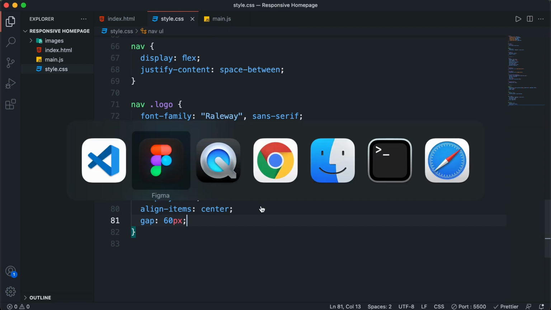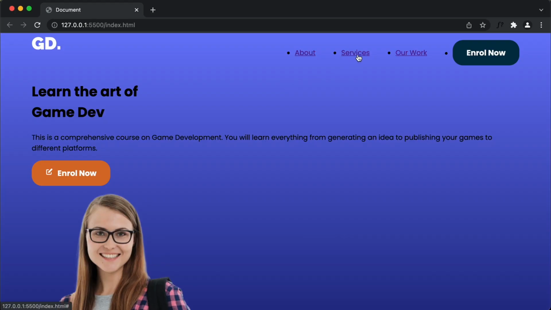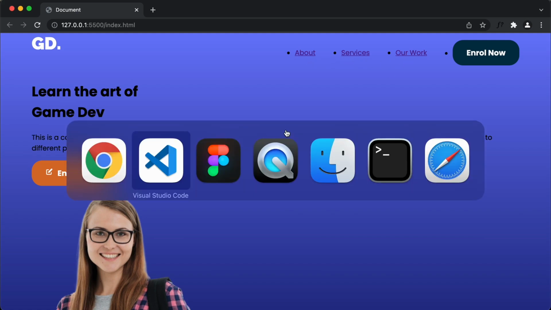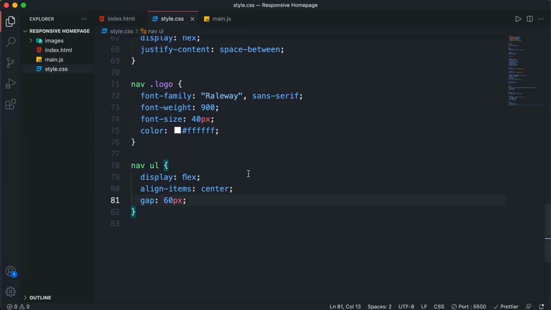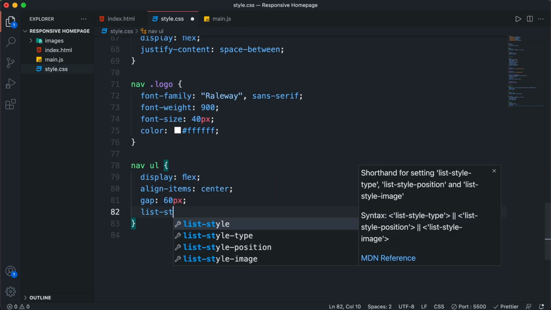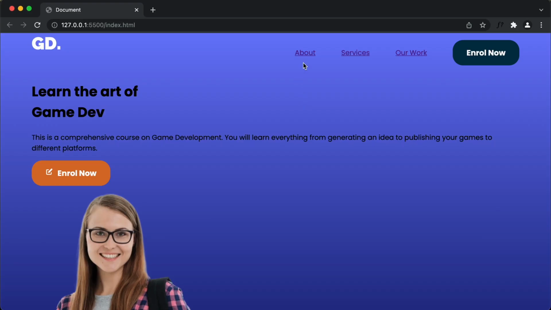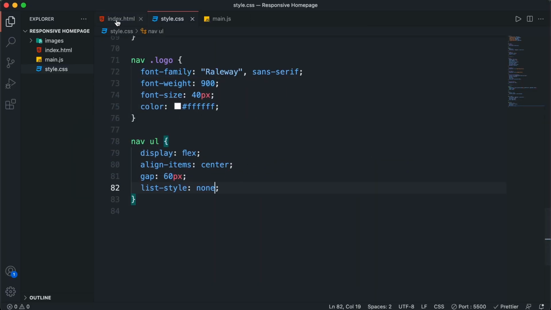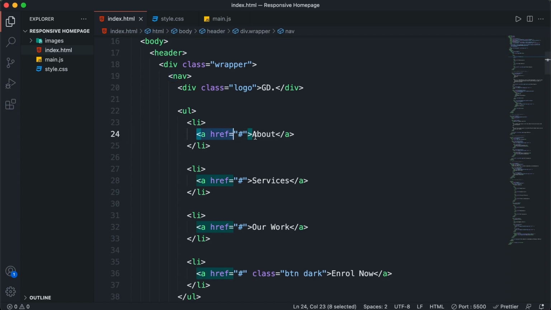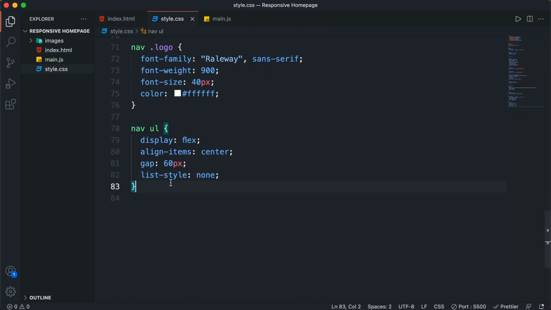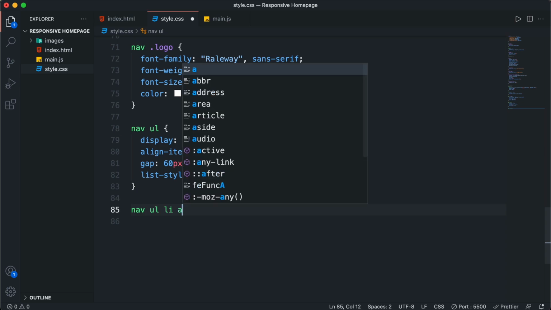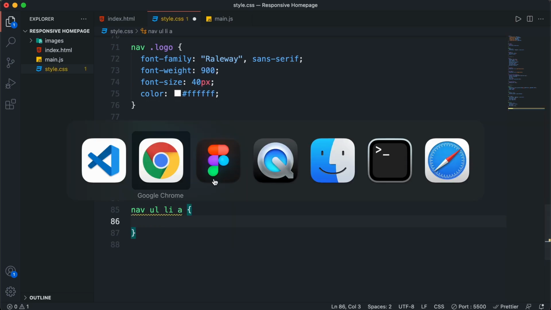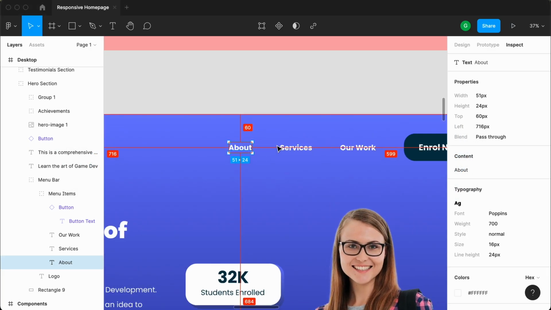Now if you go back to our Chrome, we can see we have these menu items displayed over here, and we'll also remove these bullets from here. So let's go back and let's type list-style and set it to none. Now the next thing we will do is style these menu items. So let's go back, and for the menu items we have anchor tags. So here we'll just type nav ul li a, and let's go back to our Figma file, and let's double